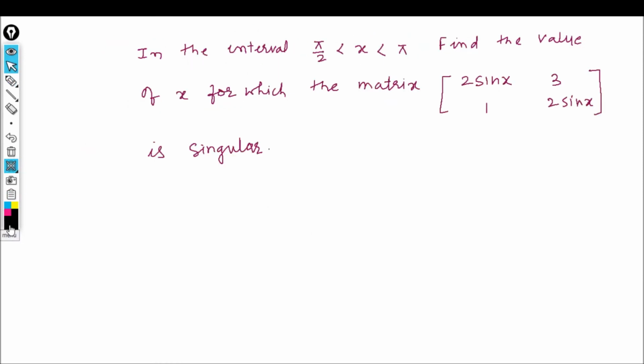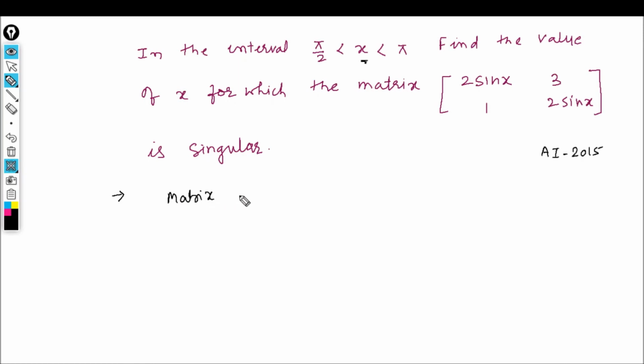So let us see one of the important questions बच्चों। It was asked in examination 2015. So here in the interval pi by 2 less than x less than pi, meaning of this बच्चों x lies in second quadrant. Find the value of x for which the given matrix is a singular matrix। ये आपको सॉल्व करना है बच्चों।